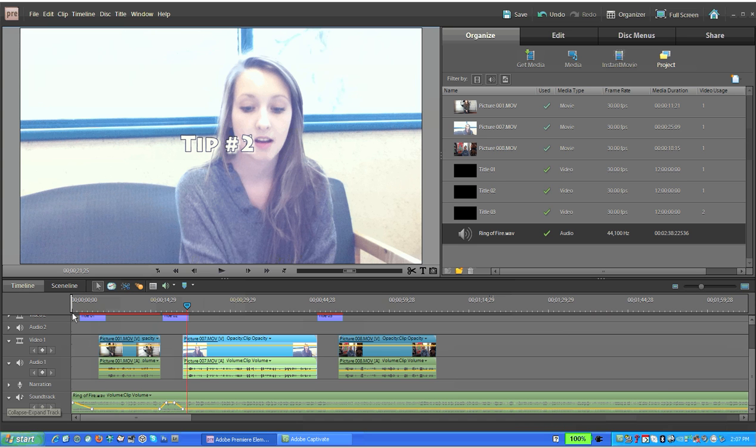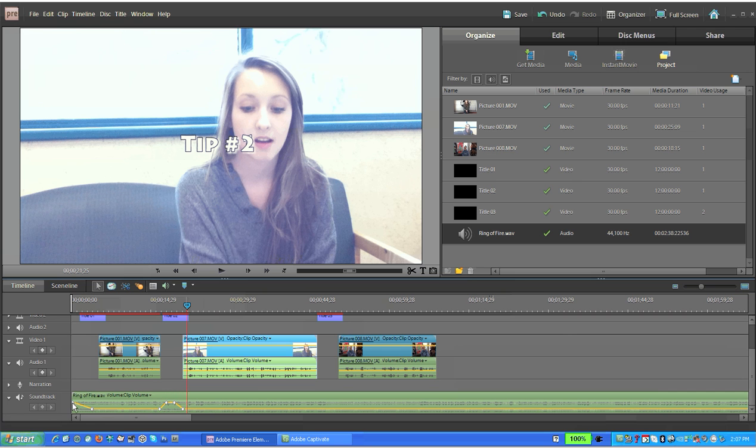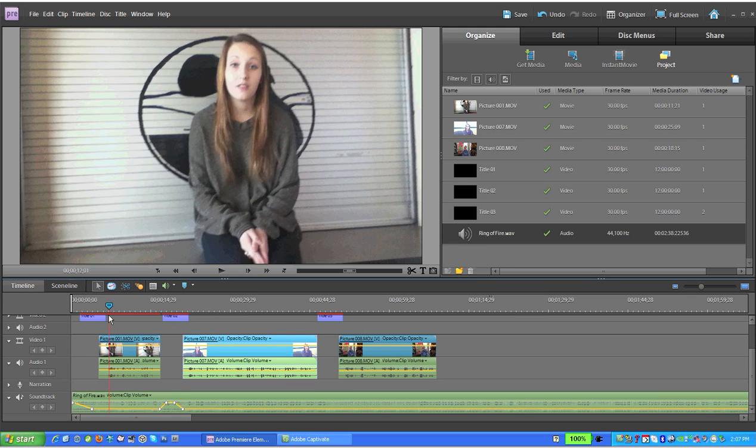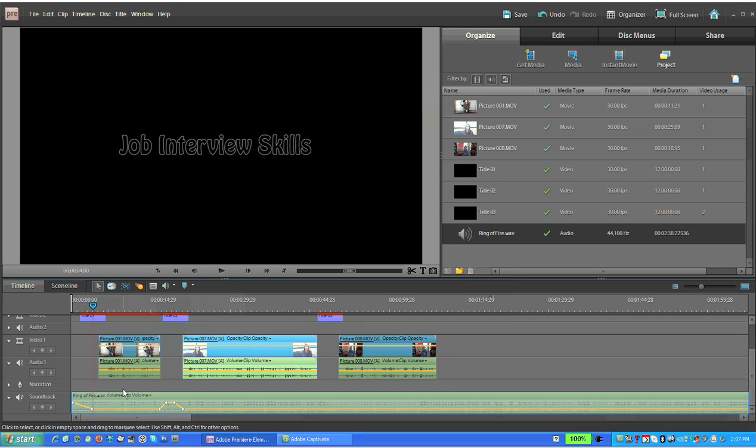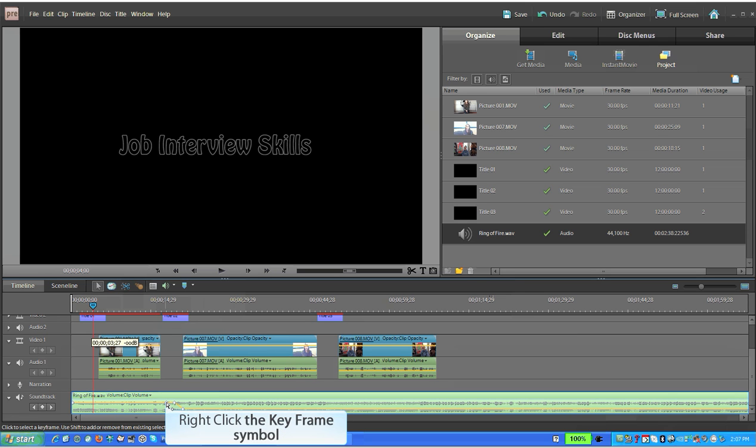So that's how to add sound and to control it, and you can do the same thing with the keyframing here. You could add keyframes to turn this up and down. So once again, you hide or show keyframes. Once you have that in, you move your timeline scrubber bar to where you want to put the keyframe in. Make sure the track that you're going to add the keyframe to is activated by clicking on it, and then add the keyframe. Similarly, you can delete a keyframe by right-clicking on it and going delete. The ease in and out feature also works to do that, but if you want to do it by